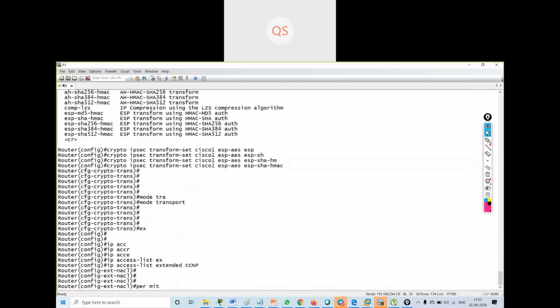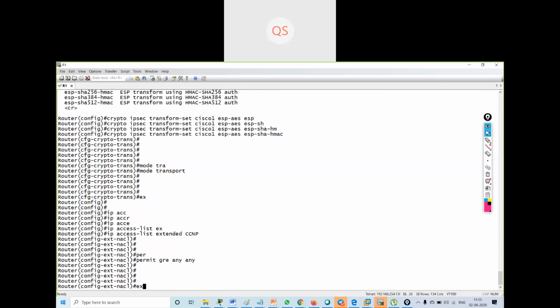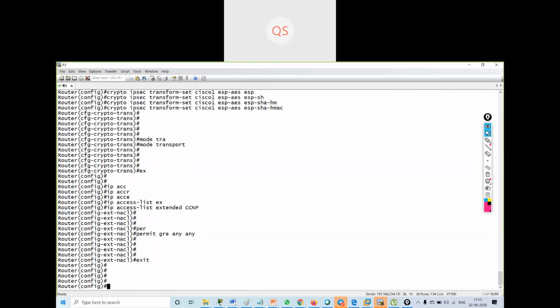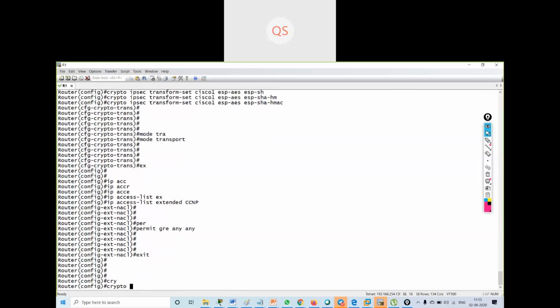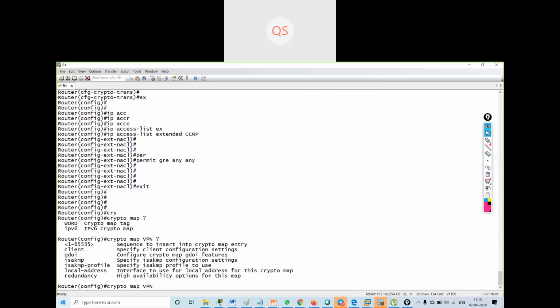Permit GRE any, exit. Then I will map this crypto with VPN. Crypto map, I will say VPN 10. This is the name of the mapping, VPN, and any sequence number of the map entry. So I will give 10 as my sequence number. Which policy?